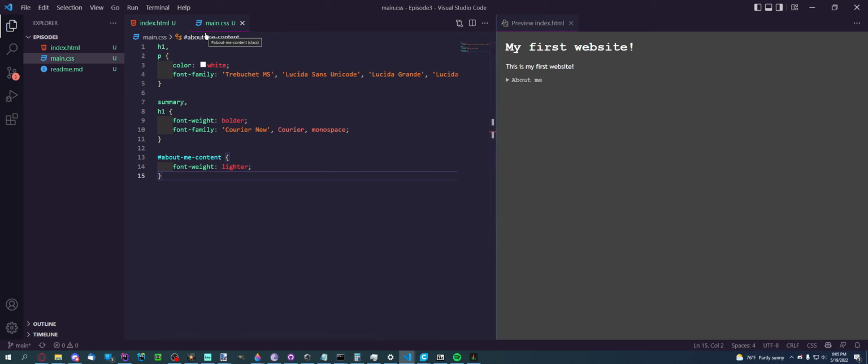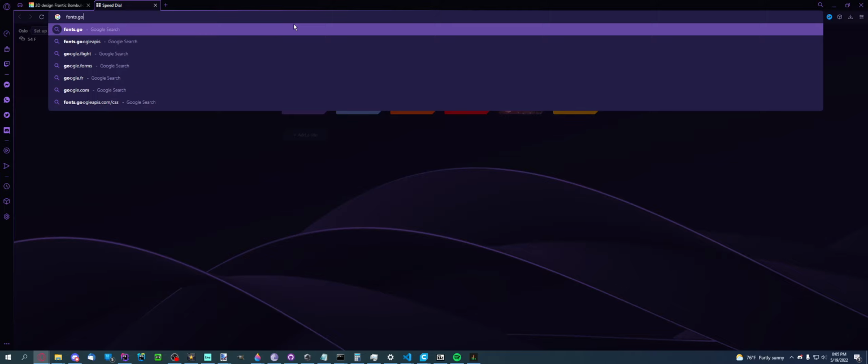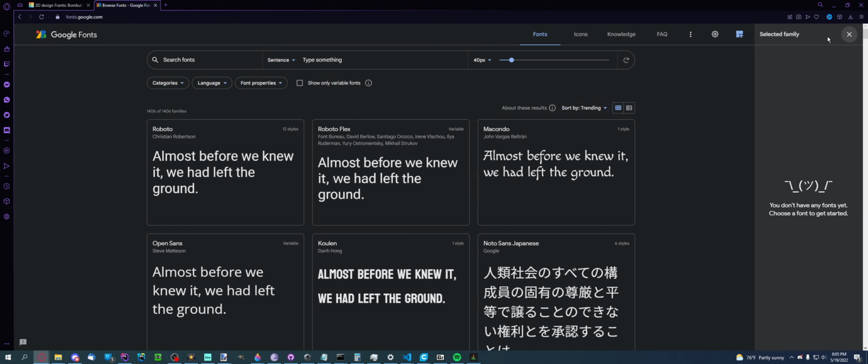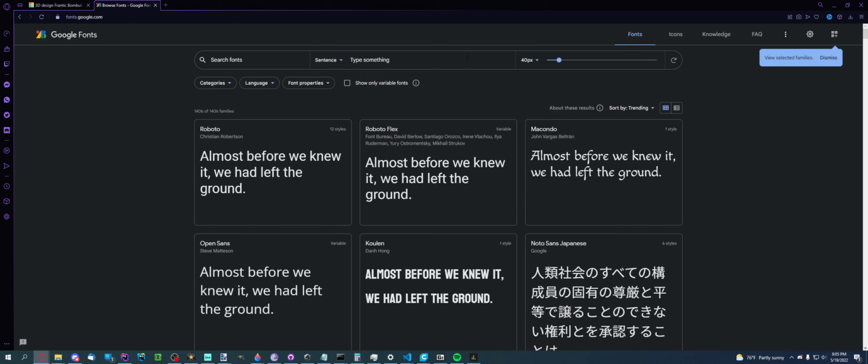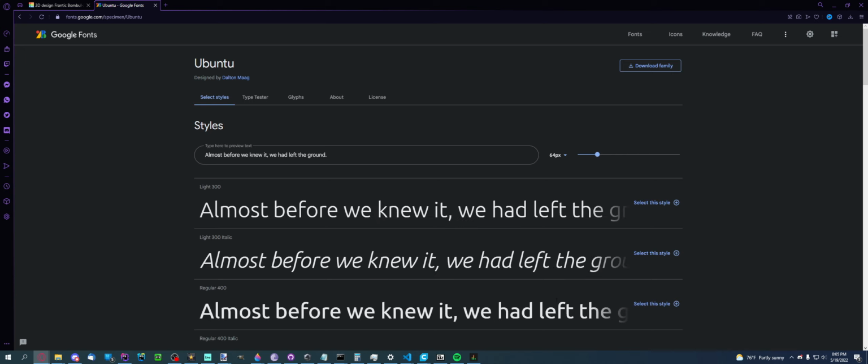So now I want to go over fonts. So you have the default fonts. Now, what if you want to use more than just the default fonts? Well, you can go into your browser and type fonts.google.com. We can just click search fonts, and you can search for the fonts you want. There's a ton of fonts, but I'm going to click Ubuntu, and then regular 400,